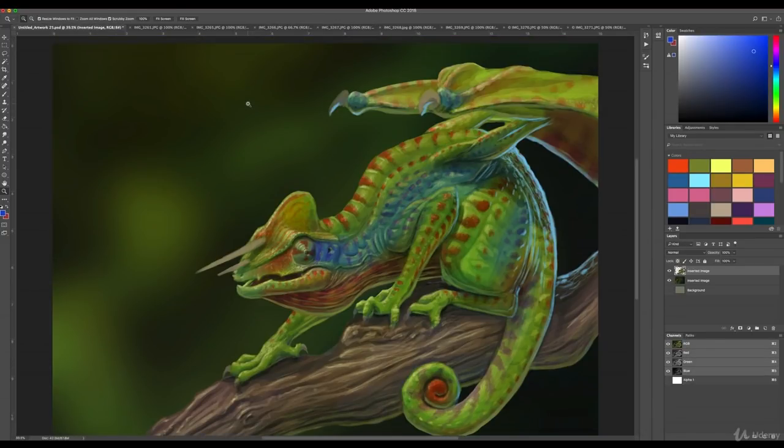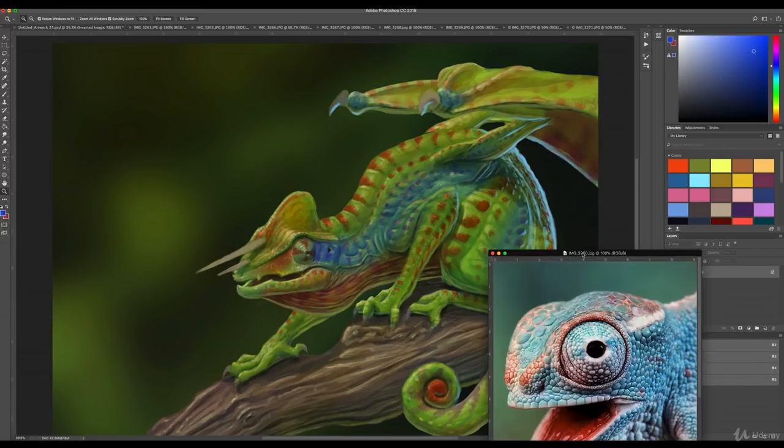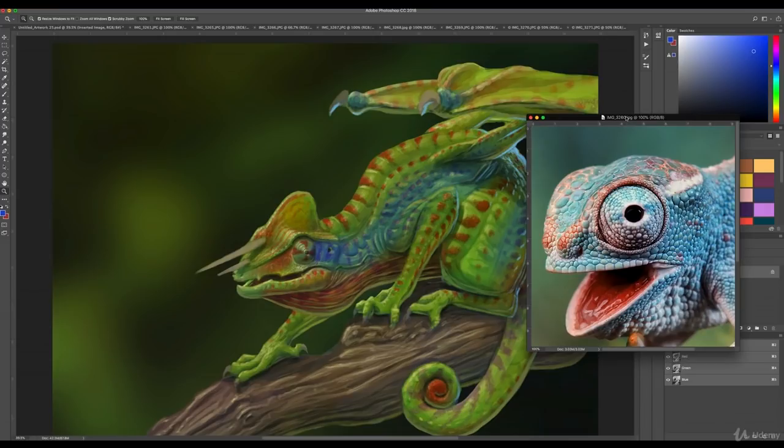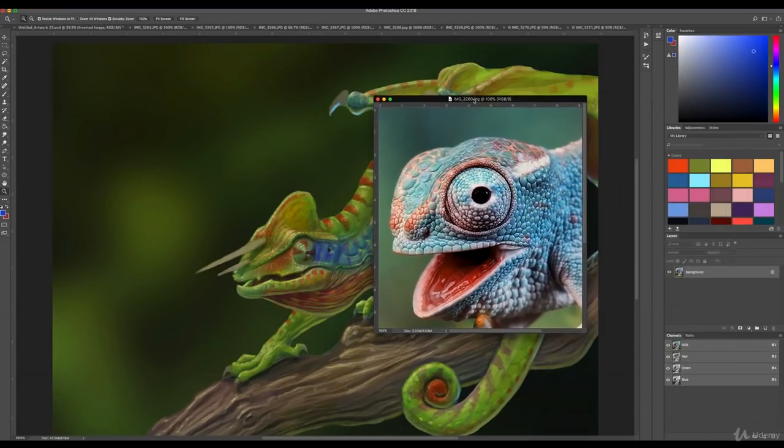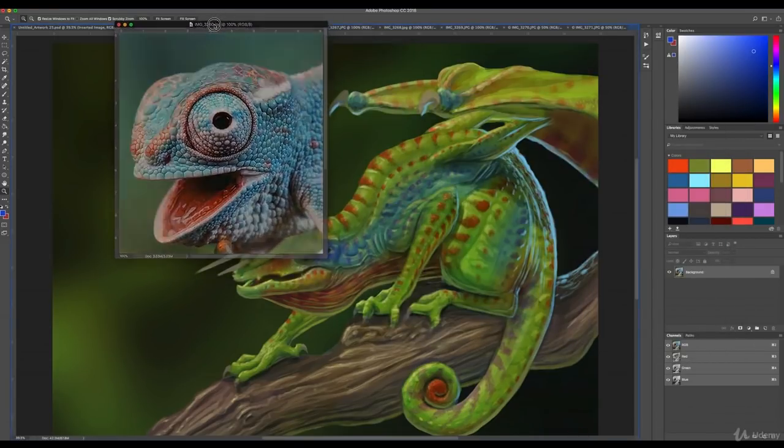So I am in Photoshop now. If you don't have Photoshop, it's going to be difficult to do this in Procreate because there's not a warp feature, but this is just kind of like a finishing touch. So we are here in Photoshop, and the first thing that we need to do,